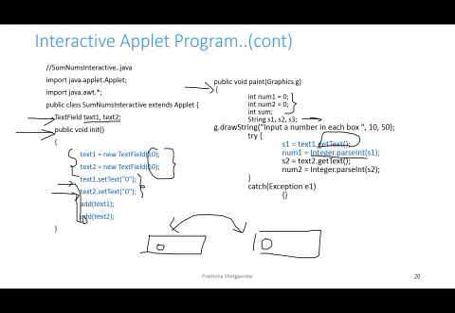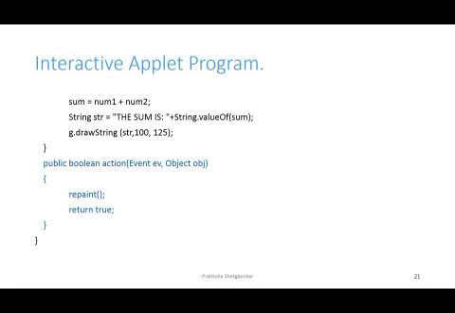They are then converted to numerical values, in this case integer values, by using what? The parseInt method of which class? The Integer class. We have already used this class. Similarly with the second text box, and then we are adding those two numbers and storing the result. Now we need to convert it again to a string before displaying it, so that is why we are using String.valueOf, and then we are putting it in the string variable, and then using the drawString method it will be displayed onto the browser screen.